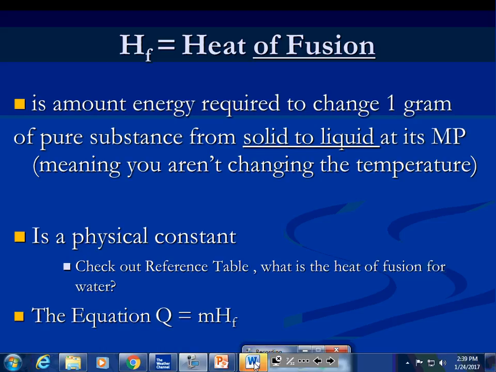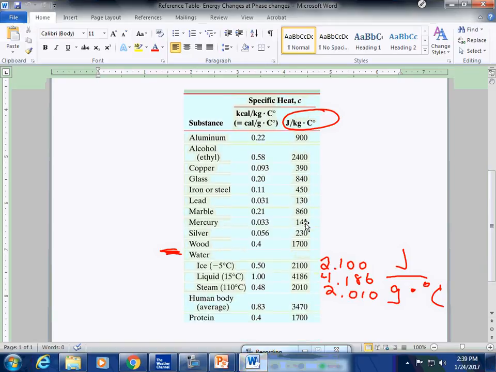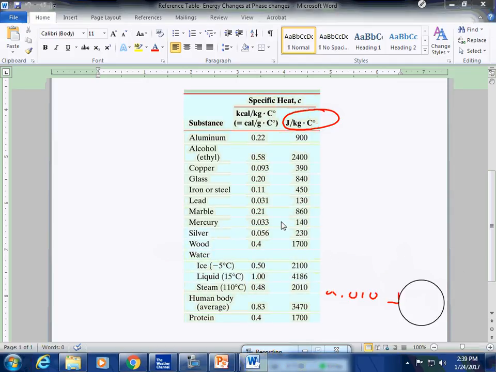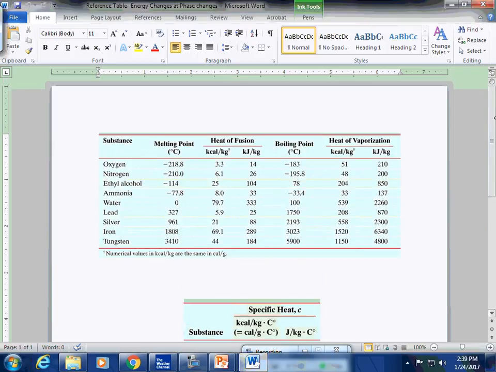So I'm going to go back here to this data table. All right, I'm going to have to get what you wrote on. Keep what you wrote here down, but I'm going to have to get this off of my chart here because it does not move with the chart. So we're going to go back here to the top part of this chart. You can see right here on the chart, here is the heat of fusion. All right, the heat of fusion. And notice the label right here. That label is